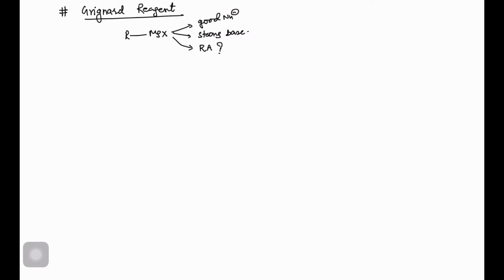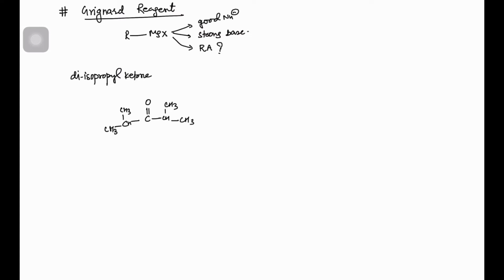Okay. So in this lecture, we are going to discuss the reducing nature of Grignard reagent, when the Grignard reagent can be acting as a reducing agent. One of the classic examples that we have is in the case of diisopropyl ketone. If we just draw the structure of this ketone, we have isopropyl groups. So this is diisopropyl ketone, and when it is treated with